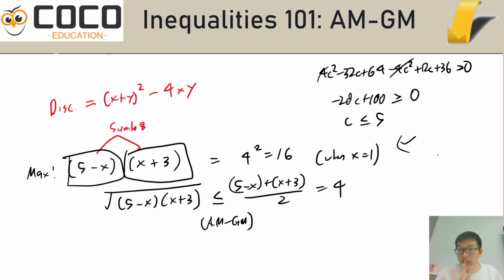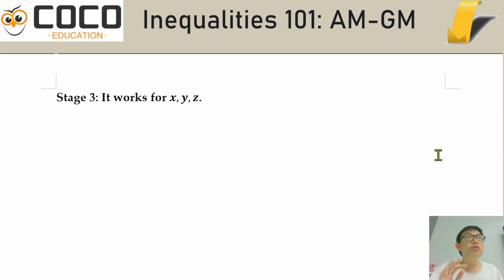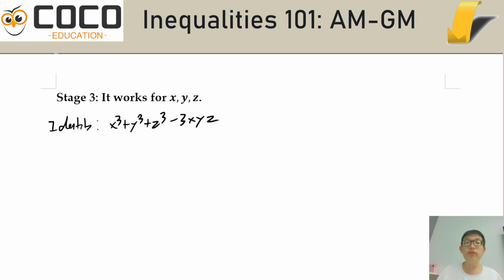When we take it and push it a little bit up to 3 variables, for 3 variables, all is not lost. Our algebraic identities still can help us to deal with x, y, and z. Specifically, our identity x cubed plus y cubed plus z cubed minus 3xyz can be factored